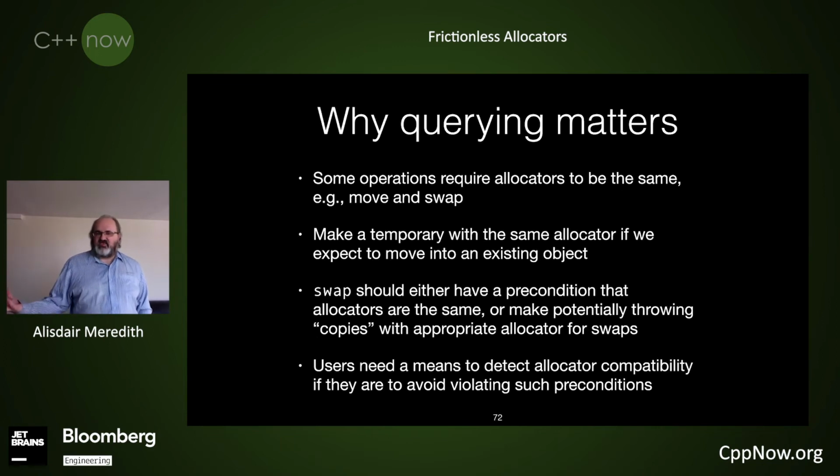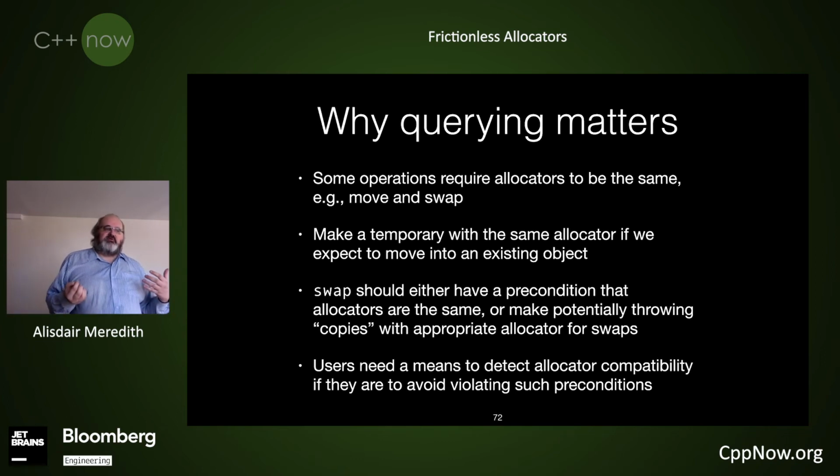Why do I need to have this allocator of method to query what the allocator is? Well, some operations, like if I'm going to move, I can move efficiently if the allocators are the same, otherwise I have to end up doing some kind of crazy copy thing. If I want to swap, if the allocators aren't the same, I can't just do the simple efficient thing. I might have functions therefore that have a precondition that the allocators are the same. How do I know that I'm satisfying that precondition if I can't query the allocator or dispatch on it and then do something different?